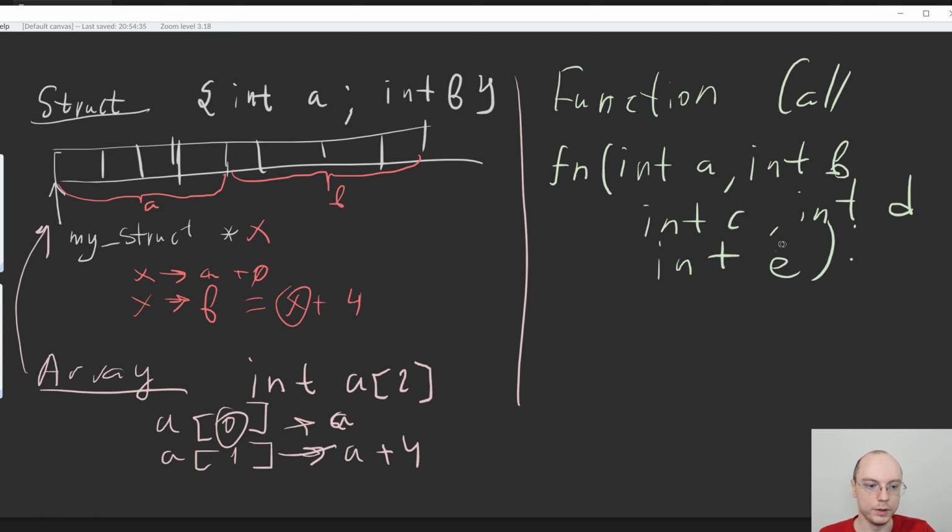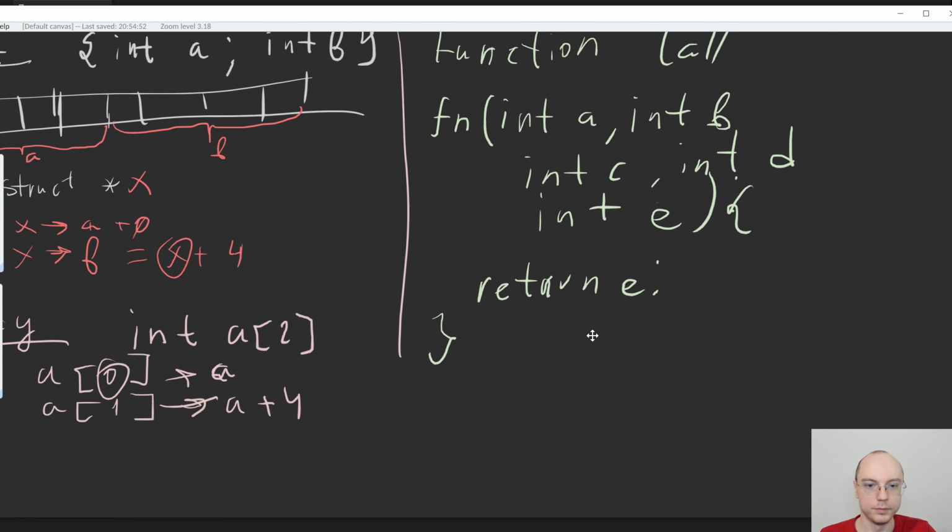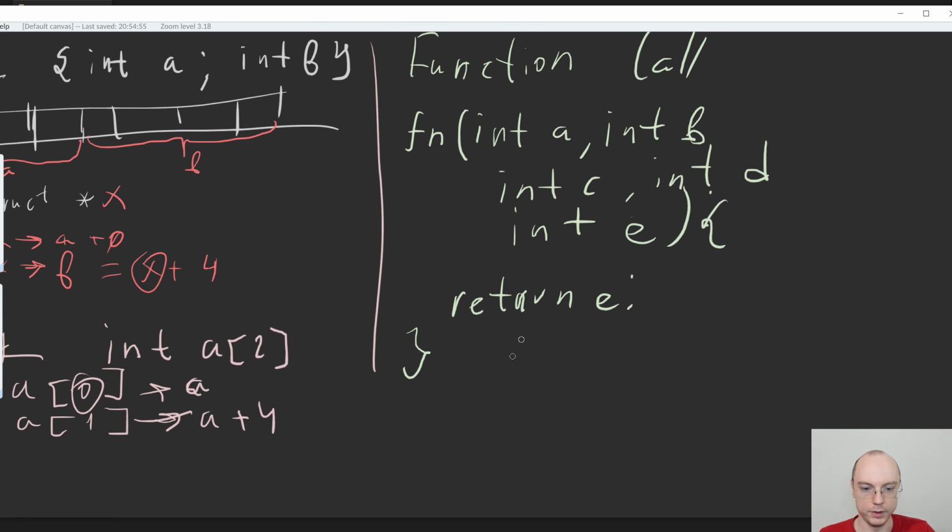So when the body of the function wants to do something with e, let's just say we have return e as the body of this function. So what that means is that we would have something like return in pseudocode would be RSP,